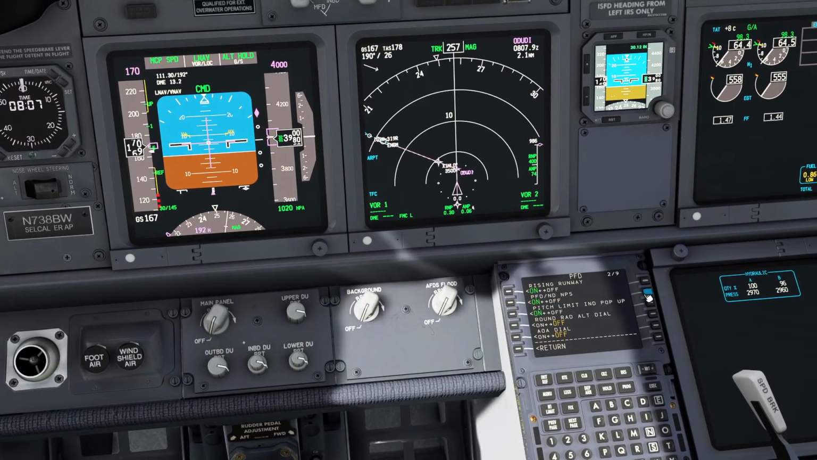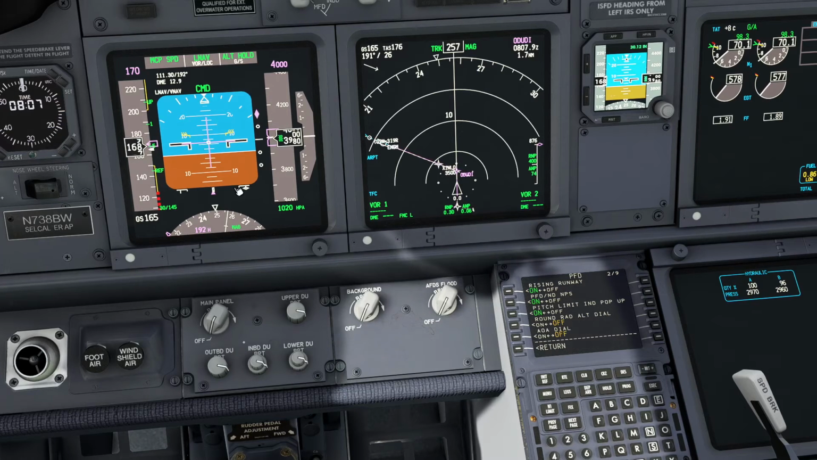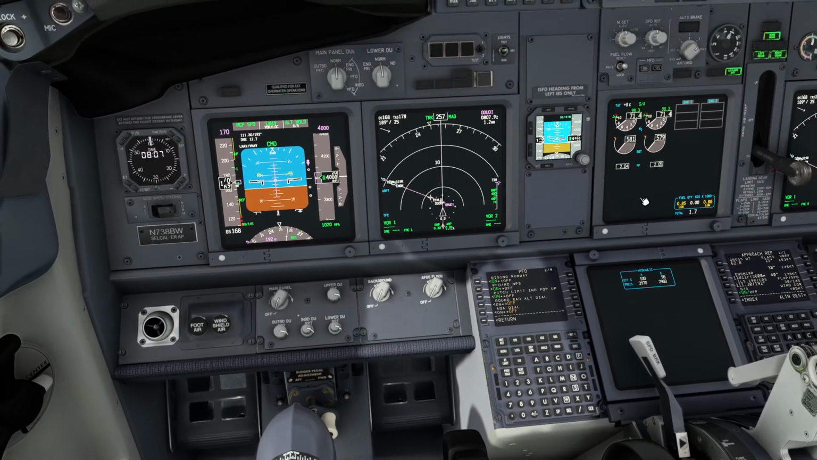First is going to be the radio altimeter. So the radio altimeter, if you take the round radio altimeter dial as off, the radio altimeter is going to show you at the bottom of your attitude indicator. Okay, so let's just wait for the airplane to start its